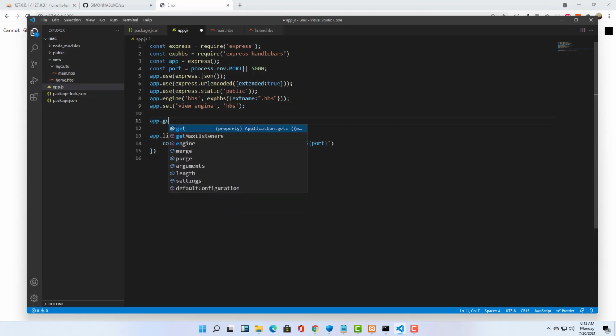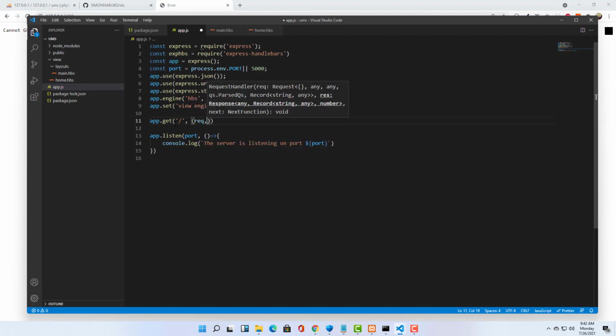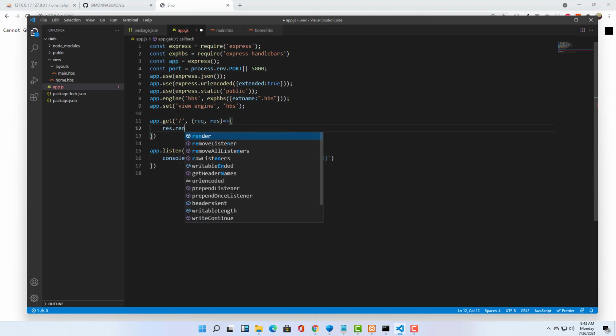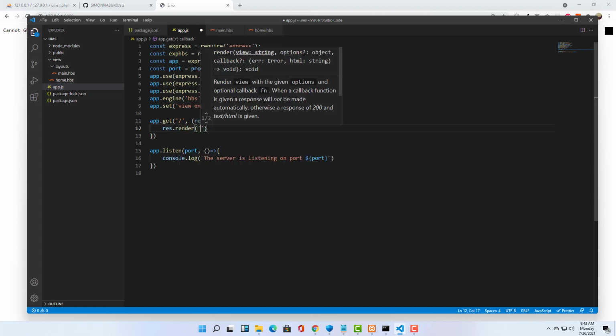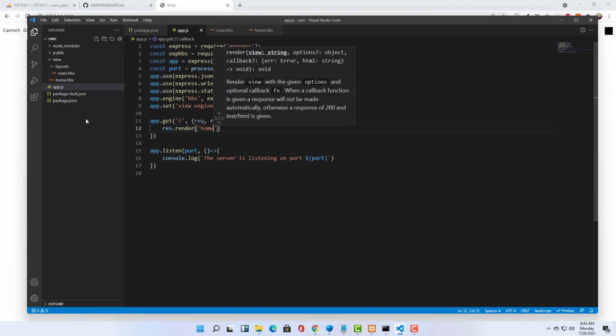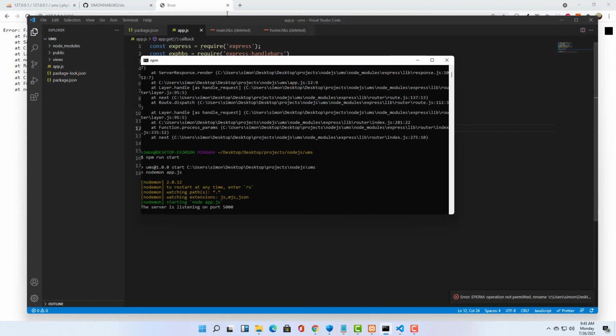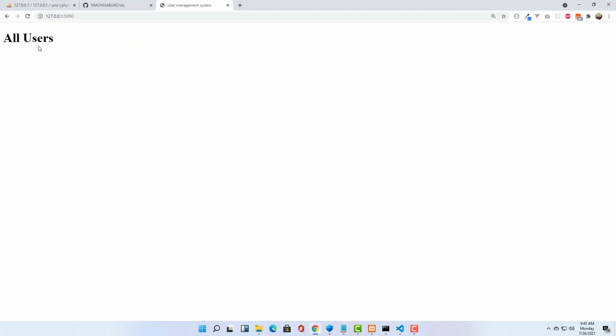So just do app.get, and then what you want to do is take request and then response, and we just want to render that file. So just do res.render home. So what is going to happen is that it is going to render this home.handlebars. Try again and see. And now you see our file is rendered there,